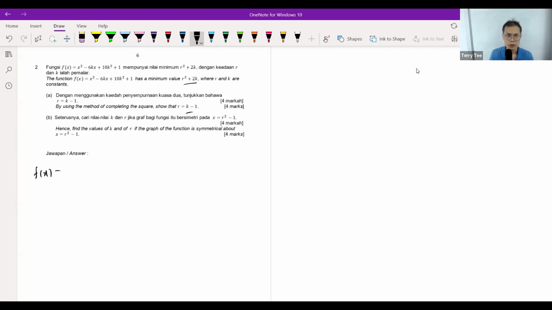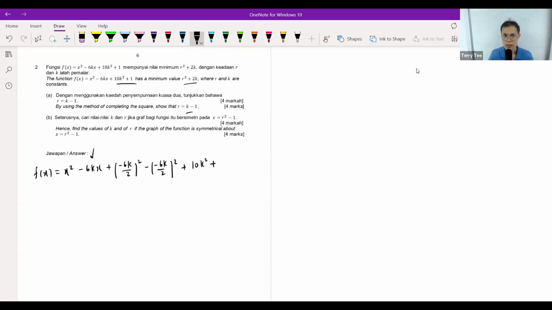We are given f(x) equals x squared minus 6kx. The 10k squared plus 1 we leave it for later. So remember, to complete the square, you're going to add a constant. That constant should be half of this coefficient, -6k. Half of it, we just divide by 2. We square it. So we first add, then we subtract, and then you add whatever remaining terms at the back,